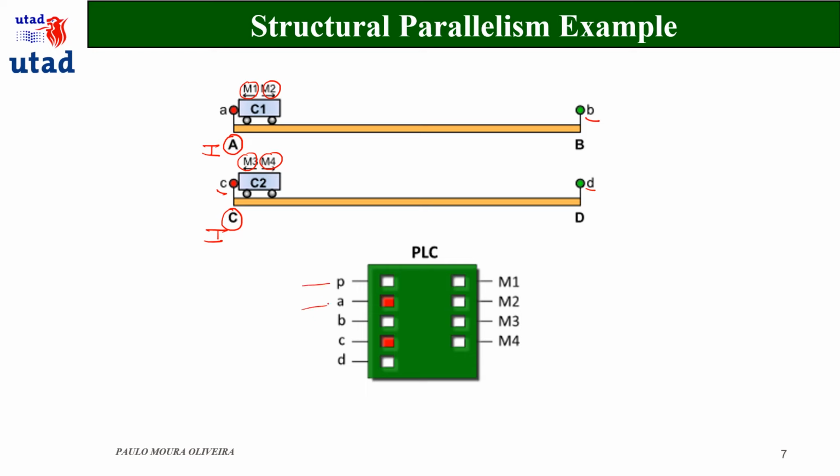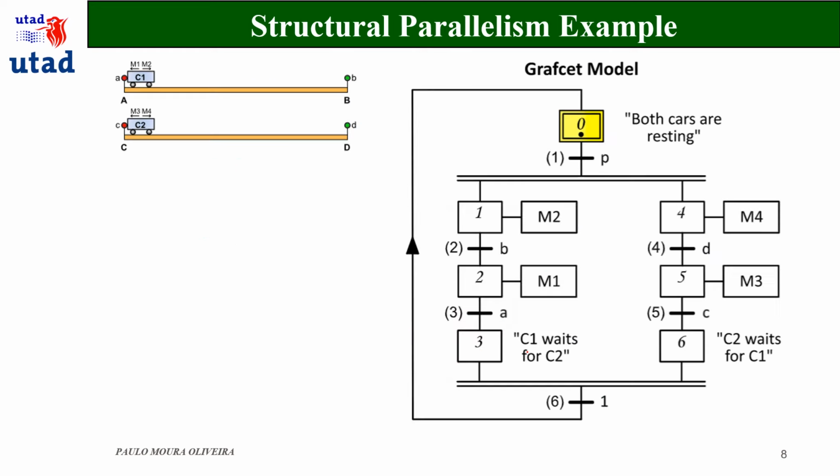We also have a button which is going to start the movement for the two cars at the same time, and the sensors, and the four outputs for controlling the motor's direction. So this is one of the solutions for this problem. We can see here that this is the initial step 0, which means that both cars rest, C1 and